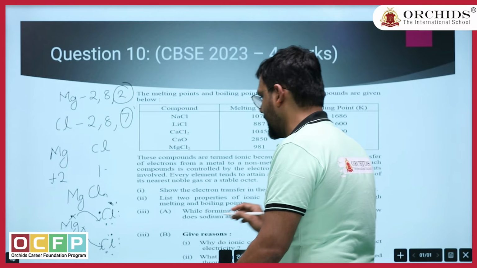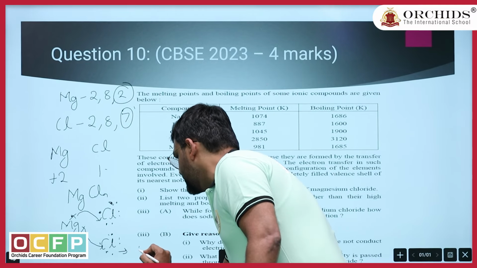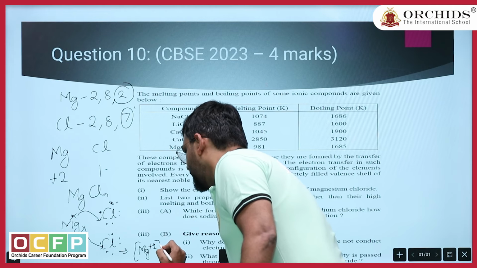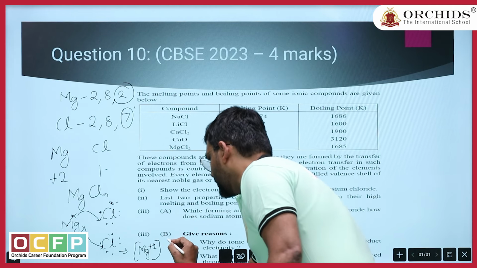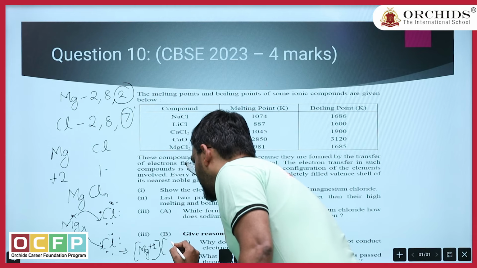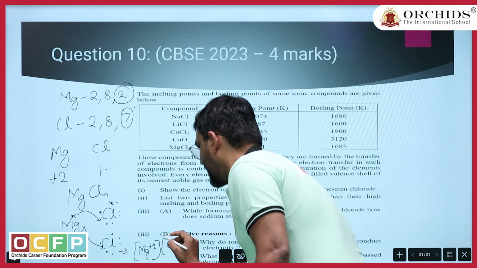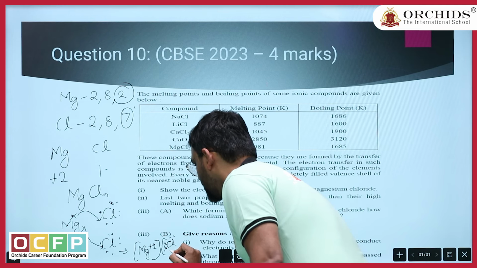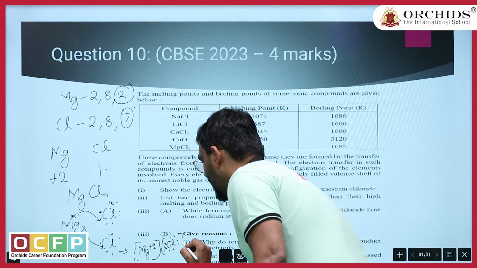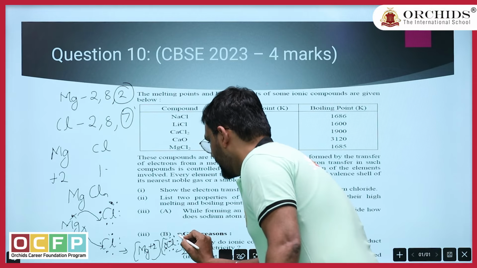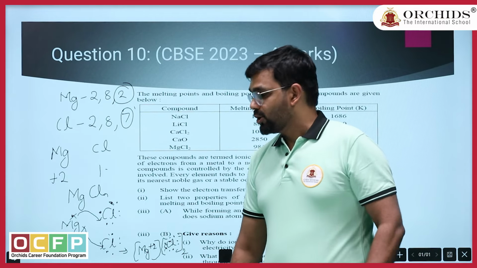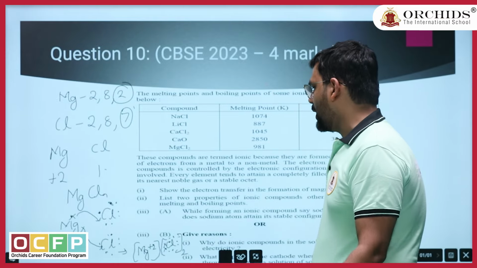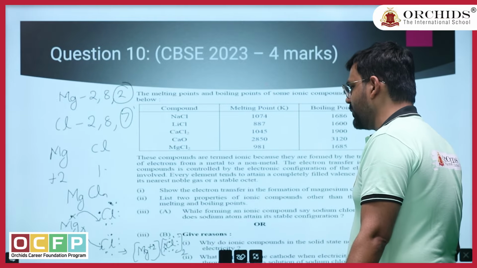So how do you write the complete thing? Mg 2+. Okay, so it has already lost its 2 electrons. What about the chlorine atoms? It will have 2 chlorine ions. For 1 chlorine ion you will write dots and crosses around it, with 8 electrons, and you write 2 of them, and this is minus. Okay, so this is how the electron dot structure is done for magnesium chloride. I hope that you have understood. The next question is very, very important.